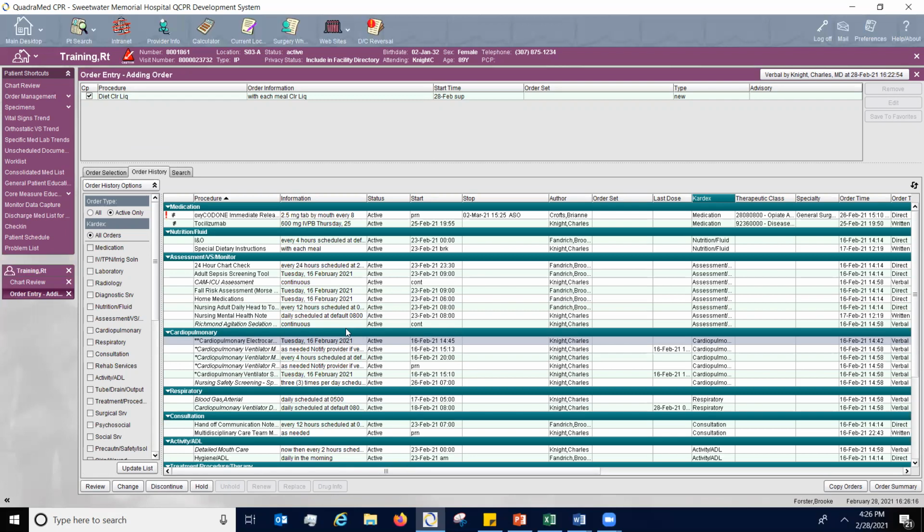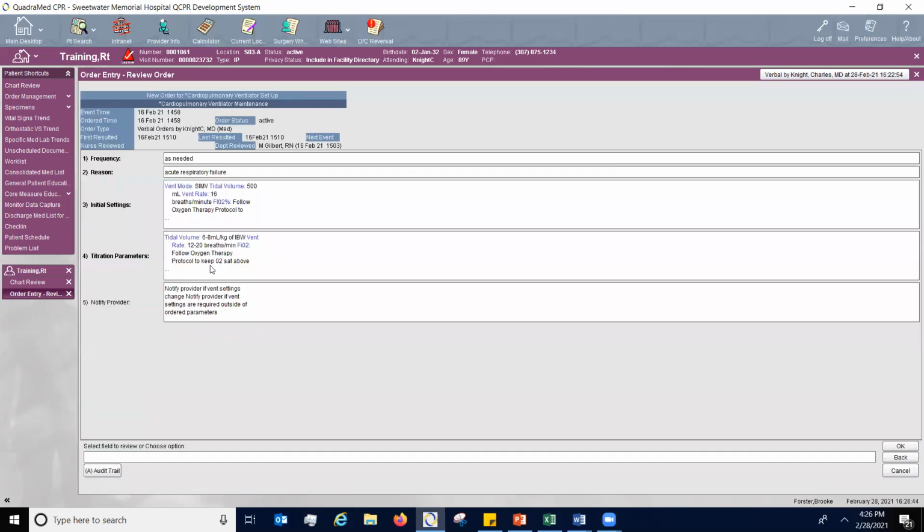So if a provider calls in and says, I want to stop the aspirin, I want to stop something, then this is where you could go to simply discontinue or change that. If you're trying to stop, change or discontinue one of these italicized items, you would have to go to the primary. So if I were to click on this italicized order here, the cardiopulmonary ventilator maintenance, I'd simply double click. And as you can see here, it pulls in all this information for us. We do have an opportunity to do an audit trail, but as we can see here, this is secondary to